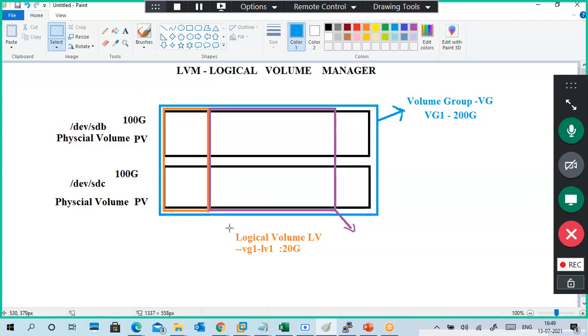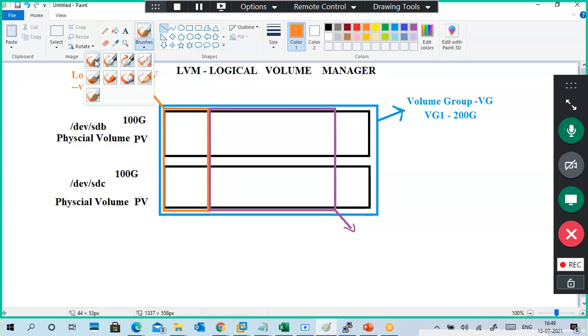One second, we'll cut it. This is a better one. Next one also, same thing. Purple.